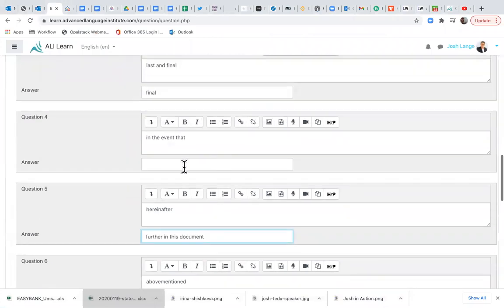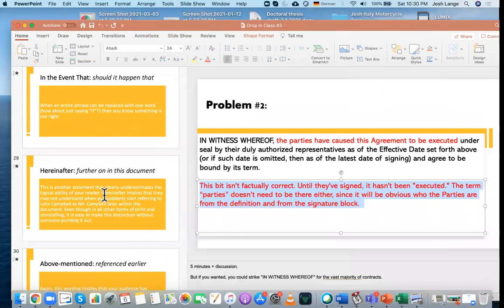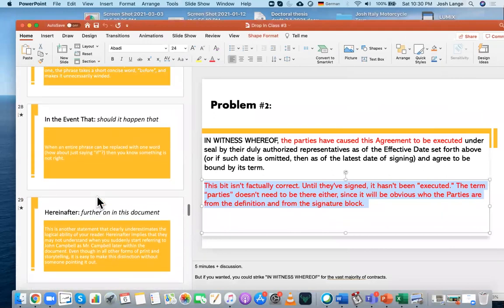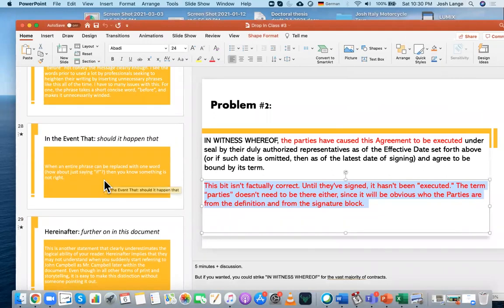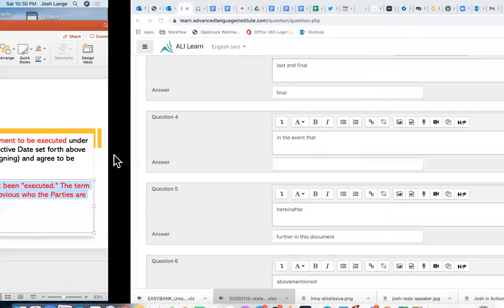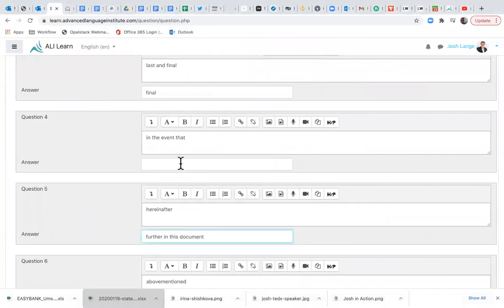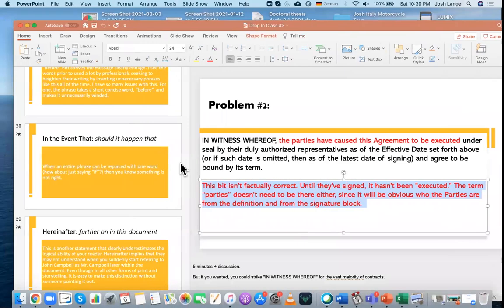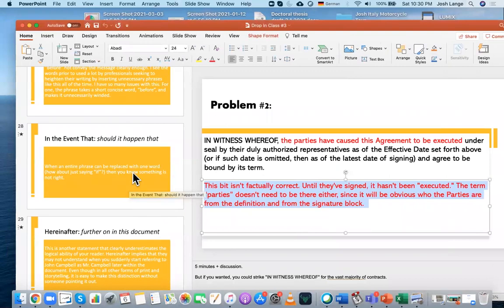I think we could come up with better ones than that. In the event that, but the main thing is that this is what's in the PowerPoint, so we have to stick to what's actually in the lecture or in the class material. In the event that, why not just when or if? I'm just going to put if. But no, I got to stick to the class material. But you know that in the event that is basically if, because should it happen that,